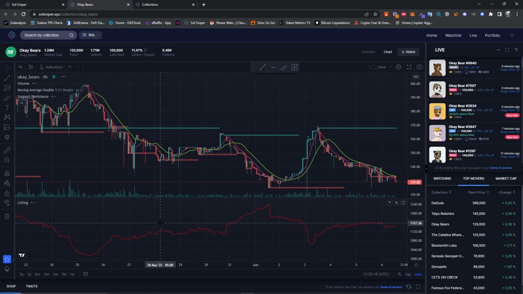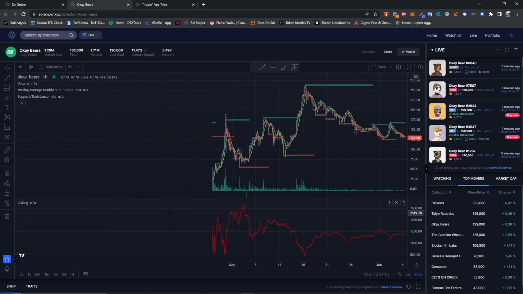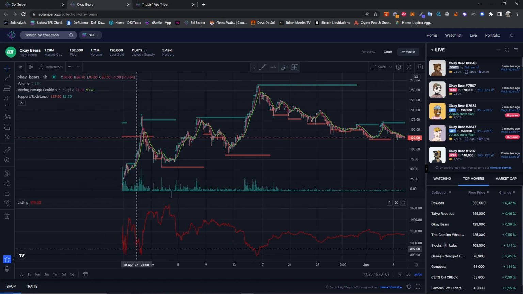So the listings should be correlated to the price. What that means is when the listings go low, then the price should go up. The listings go low, the price goes up. Here it went up, also up, but most of the time if you see these V shapes, it looks like a V shape,